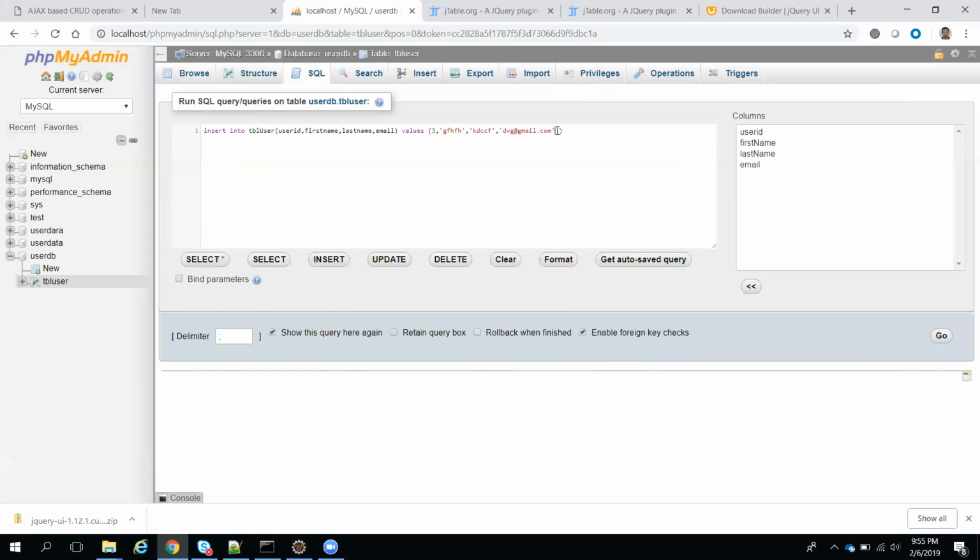So I'm inserting this data now. This is the insert query. A trick: normally when you use this, it is better to write keywords in capital letters. INSERT is a keyword. INSERT INTO whatever your table name is; we have the table named table user, then your column names and values. Now click execute and go.